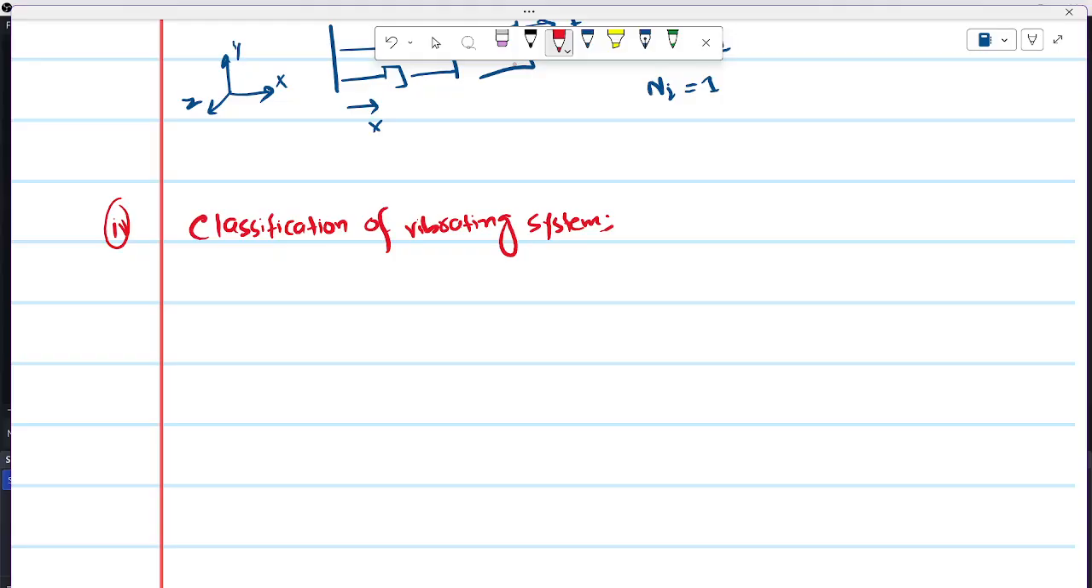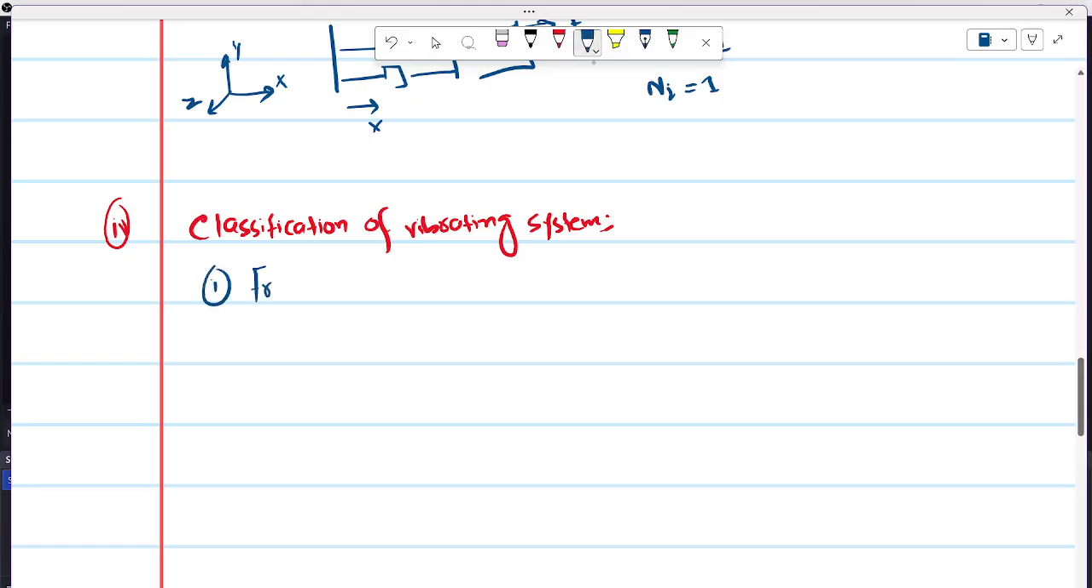A vibrating system can be classified based on how the force is being applied. It can be classified, as we have discussed slightly, based on damping, whether the damping exists or not. It can be classified based on linear or non-linear behavior. We have discussed this in system dynamics as well. It can be classified based on whether the vibration being generated has a regular pattern or is random. So these are the four bases of classification of vibrating systems. The first one is